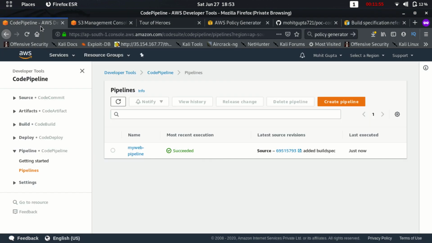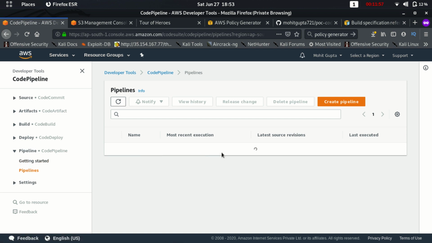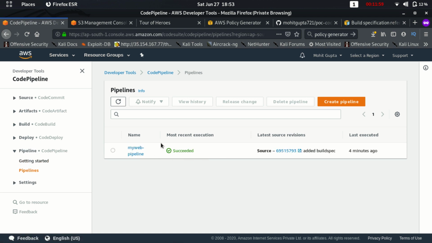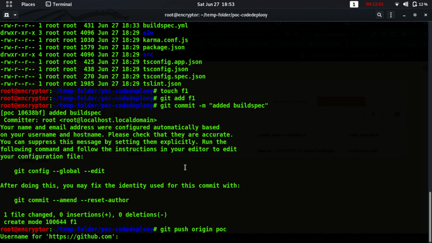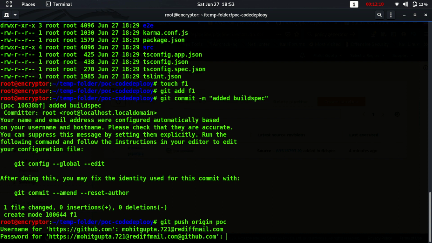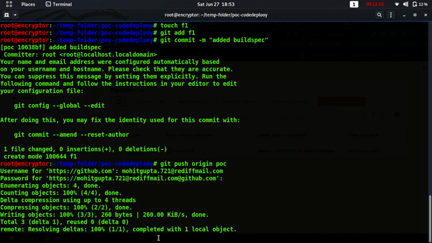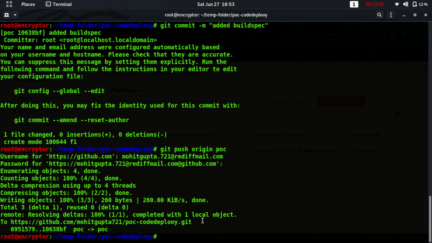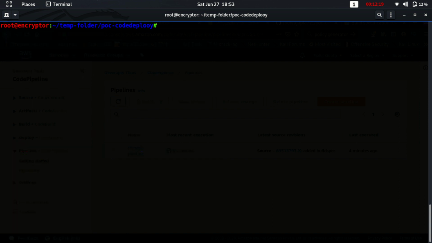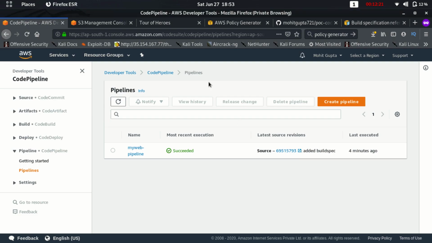So let's just move to our pipelines, and currently it is not running any pipeline. So we have committed the changes and we have pushed our code to the repository.